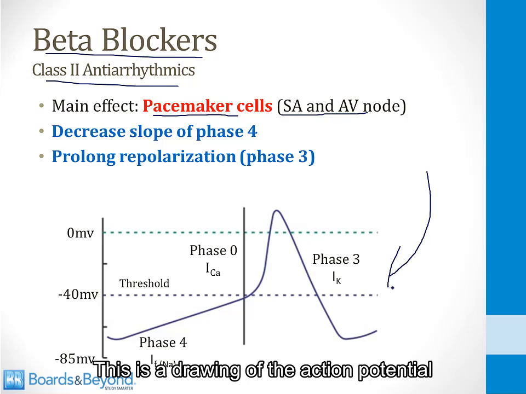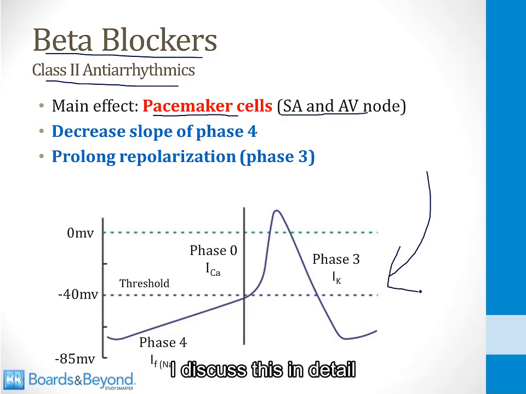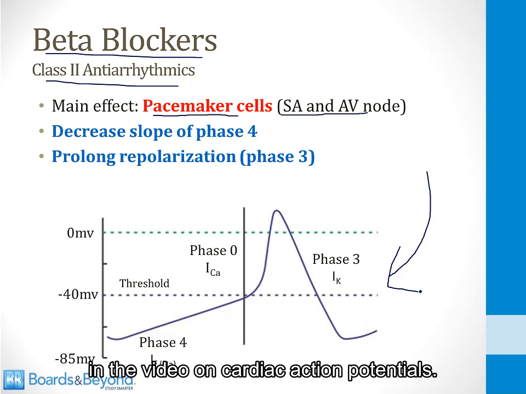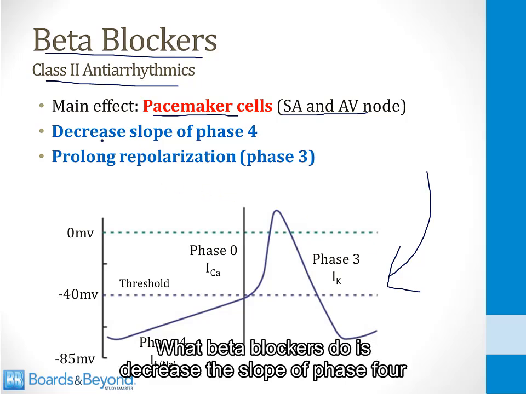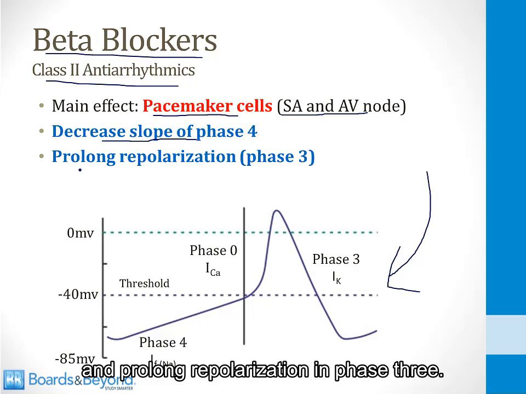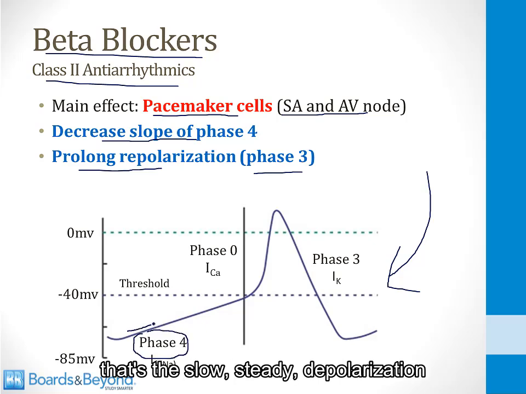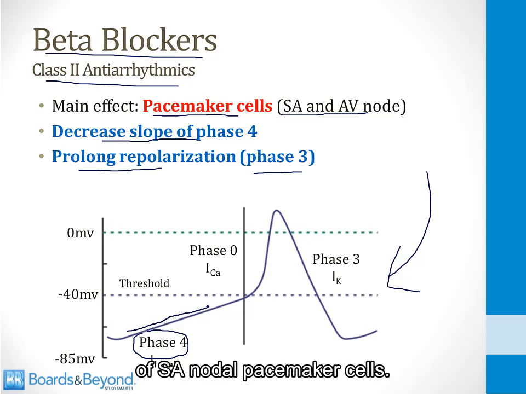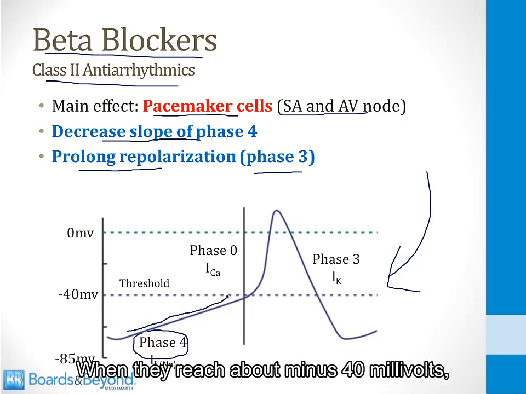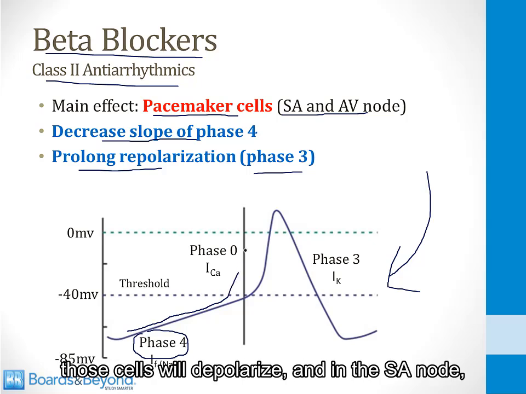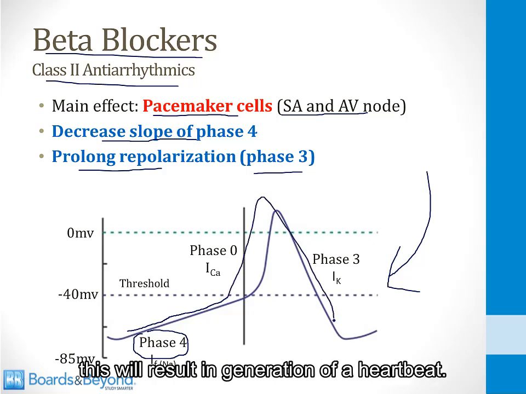This is a drawing of the action potential of a pacemaker cell. I discussed this in detail in the video on cardiac action potentials. What beta blockers do is decrease the slope of phase 4 and prolong repolarization in phase 3. Phase 4 of the pacemaker action potential is the funny current. That's the slow, steady depolarization of SA nodal pacemaker cells. When they reach about -40 millivolts, those cells will depolarize, and in the SA node, this will result in generation